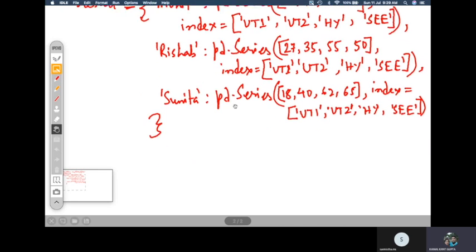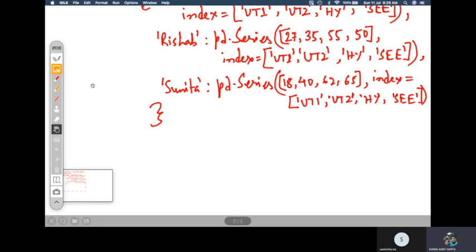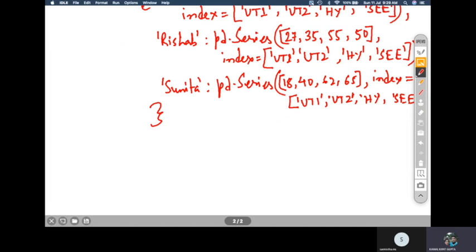Now what if you want to print this dictionary? This is the dictionary where you have made use of series as values inside the dictionary. The dictionary has keys as the names of the students and values as the series. Now you want to print this as a data frame. You have made only a dictionary, you have not converted it yet into a data frame.